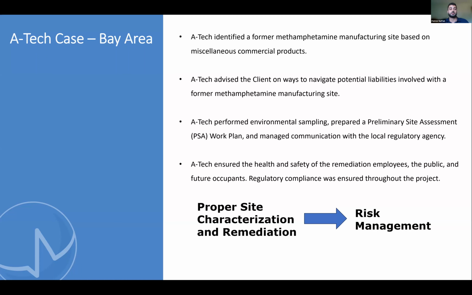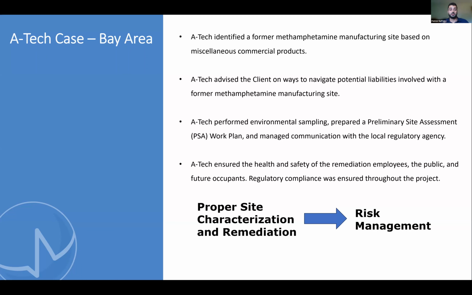I should also note that the police came in and did an investigation report. They found no signs of a meth lab. When we came in, we urged the client, saying we strongly believe it's a meth lab. After some persuasion, we let them know to treat it as a meth lab because there are regulatory requirements.